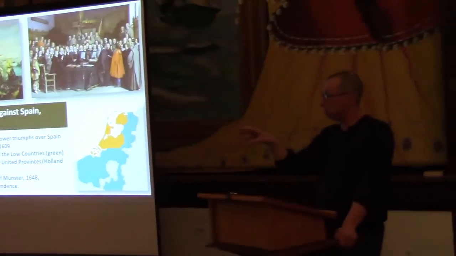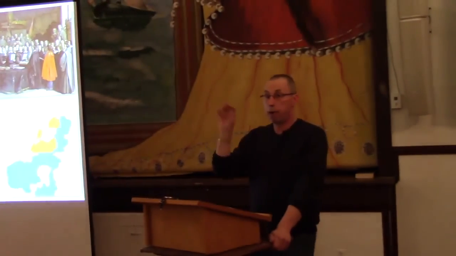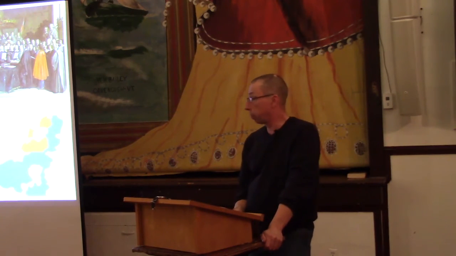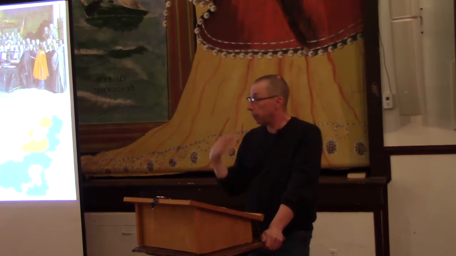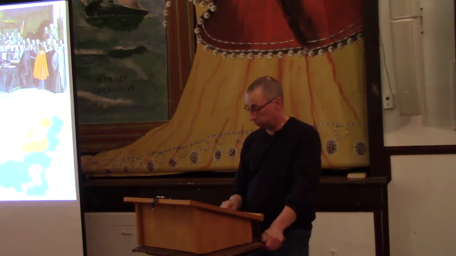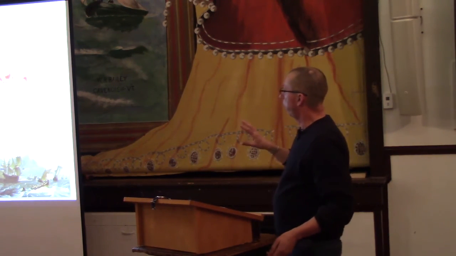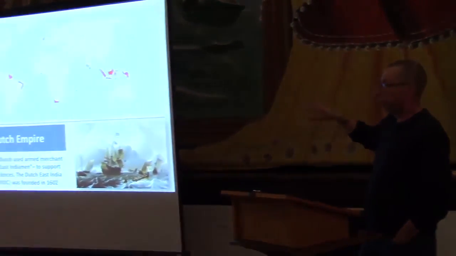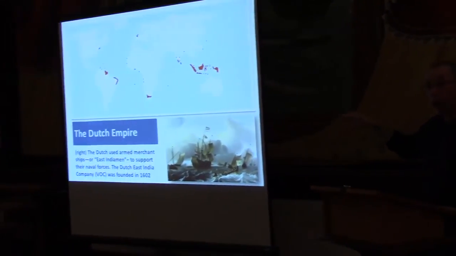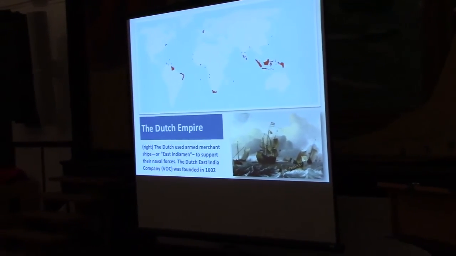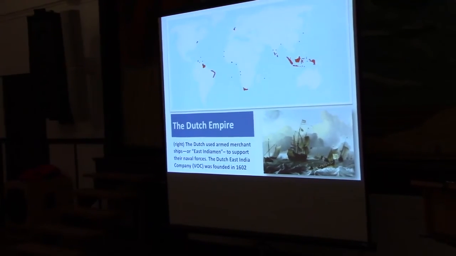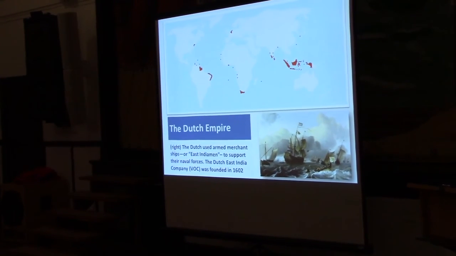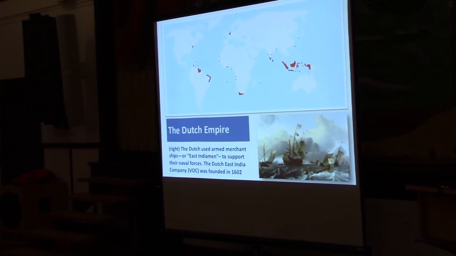In other words, the state is going to use its state power to actively promote the extension of capitalism and mercantile trade. This is an amazing thing. In the course of the war, the map's not so clear, but you kind of get the idea. The red dots all over the world are the Dutch Empire, a trading empire that's established during the course of the war. While they're fighting Spain, they are building a naval capacity through